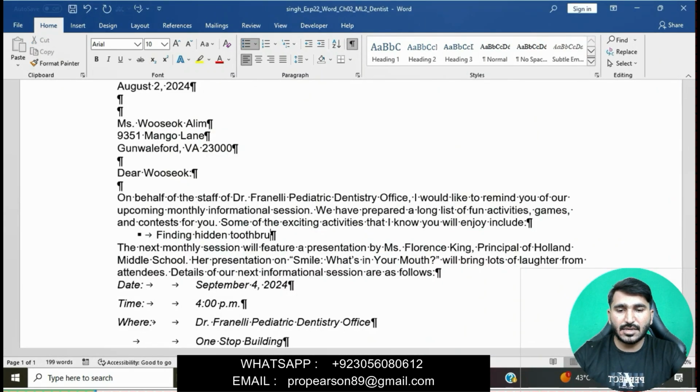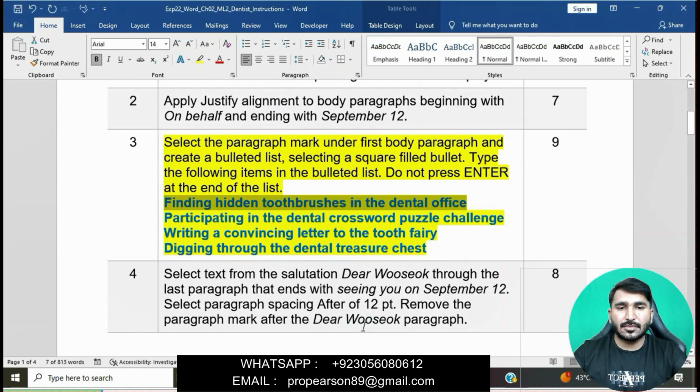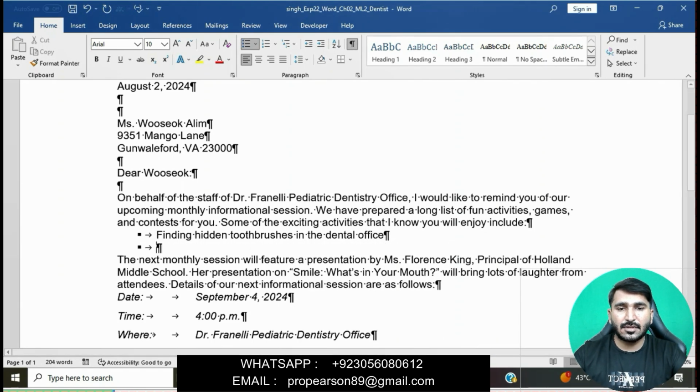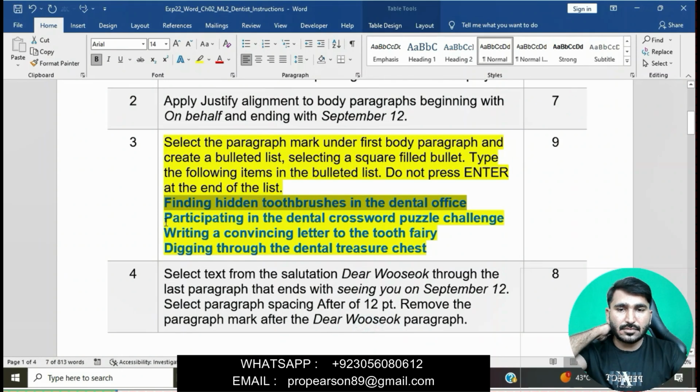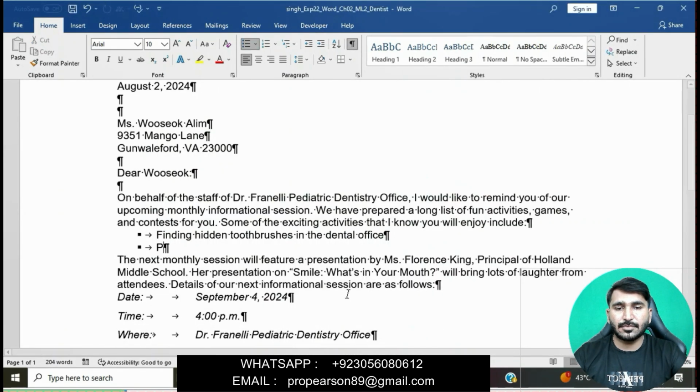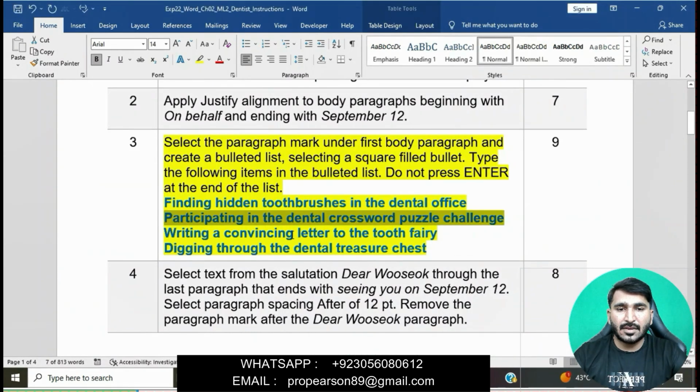Then the second item: participating in the dental crossword puzzle challenge.